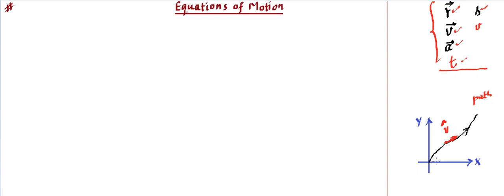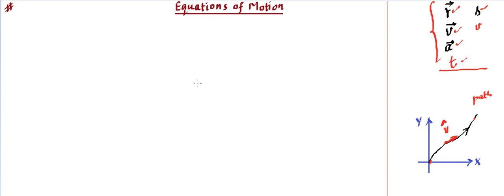Whereas for average velocity, you start at the initial point and join it to the final point, and whatever that direction is, that becomes the direction of the average velocity. So there's a difference between the direction of average velocity and instantaneous velocity. The direction of instantaneous velocity can be identified just by drawing a tangent, because when you are moving on a path, your direction of motion is along the path at that instant. That's why this tangent will give the direction of velocity. So keep that point in mind.